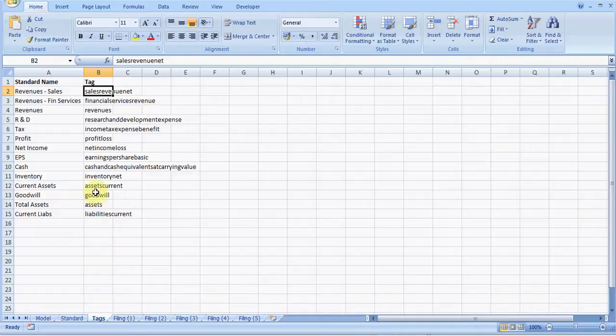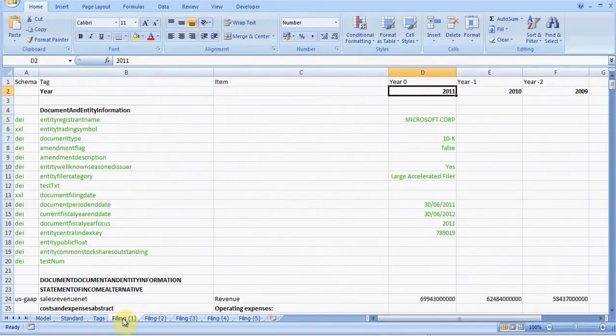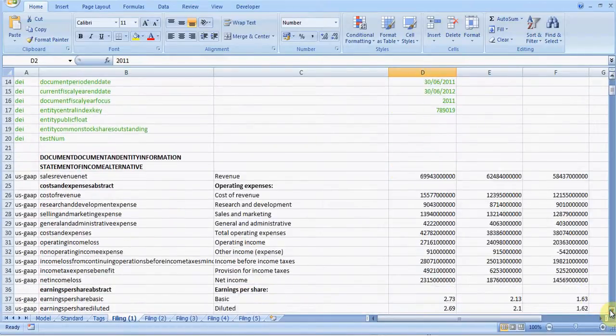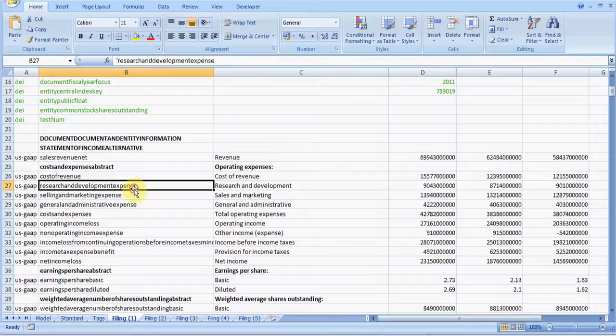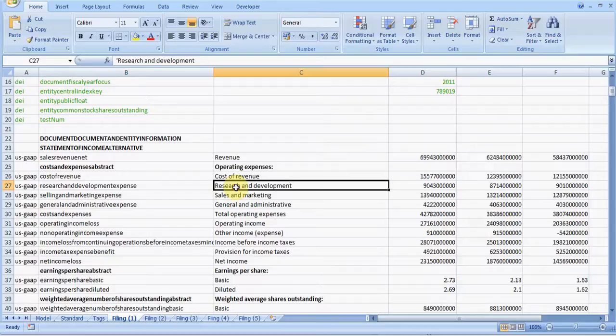And that tag that we were looking at, Research and Development Expense, that tag should exist in the raw data. So if we go to Microsoft, which obviously does quite a bit of research and development, we should find that data item. And here is the tag here, and this is the data item as it appears in the filing, as it would appear if you picked up a paper version of the 10K. This is what you would see, the as reported data. So the data is loaded in its as reported format,